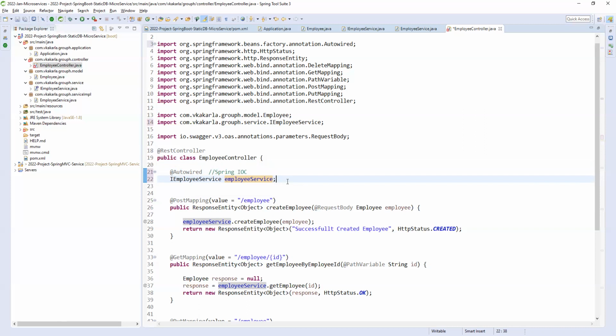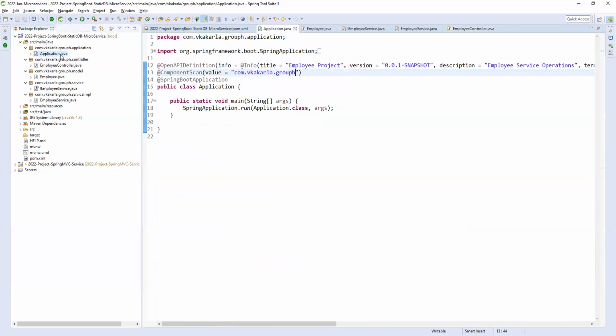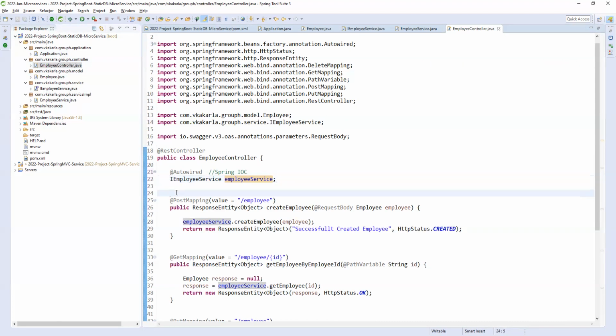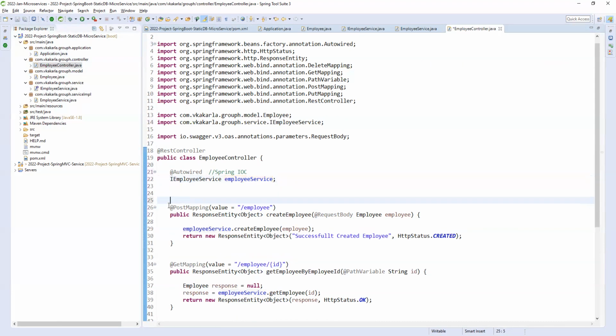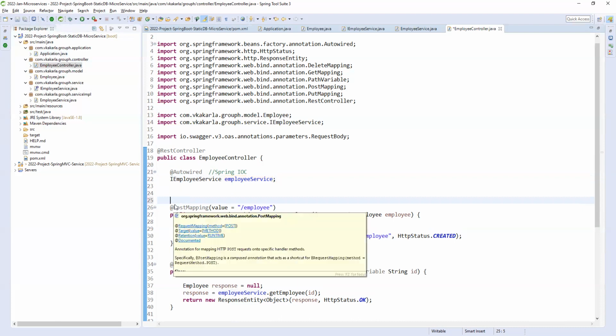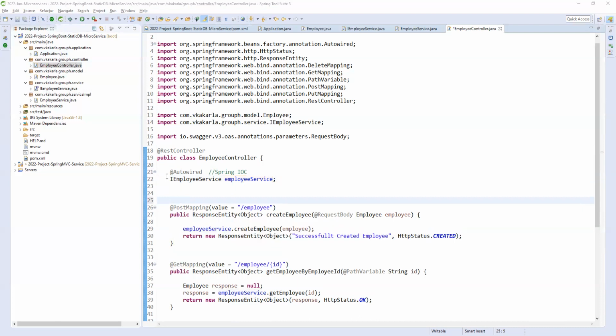Now, for the last phase of this service, we are giving the definition here, but we need to describe each and every API operation in terms of OpenAPI specifications.